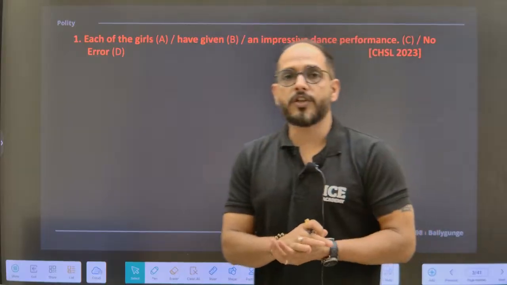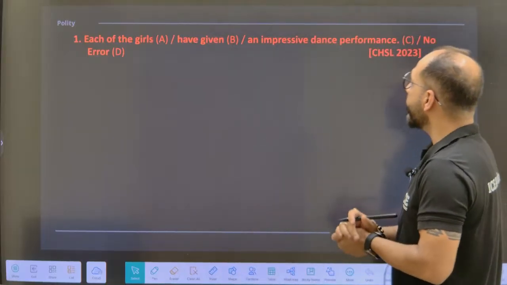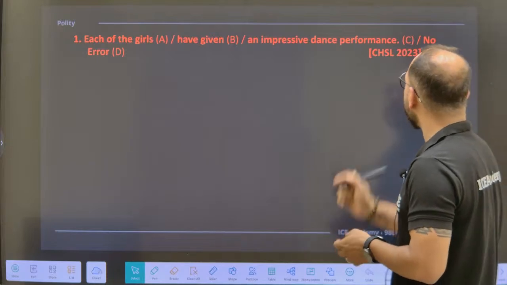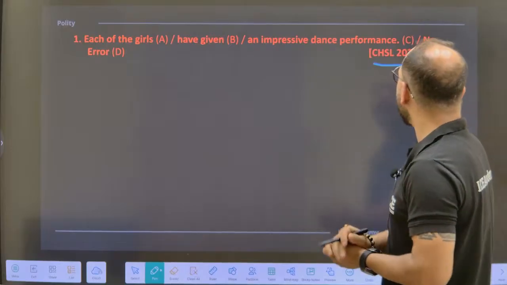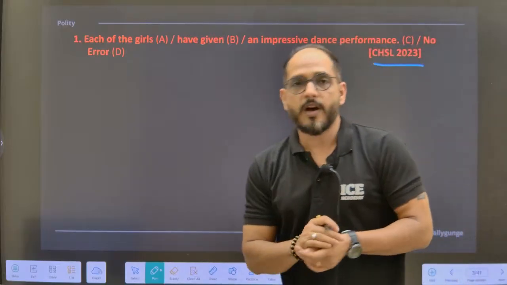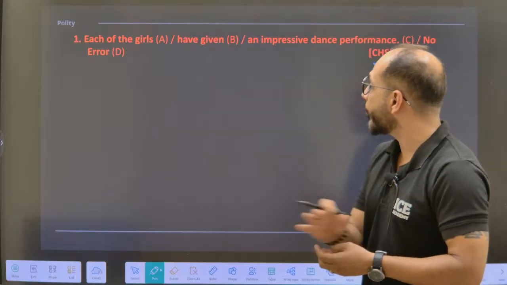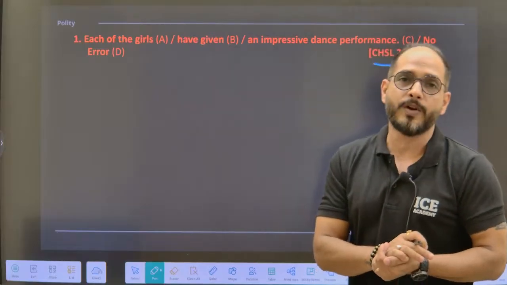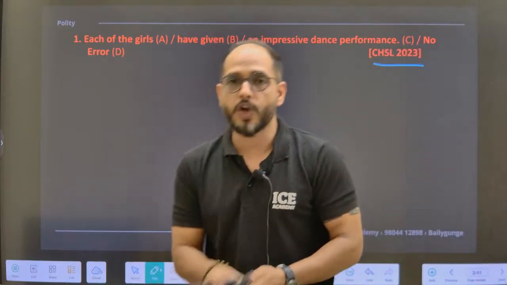So this is your first question. Each of the girls have given an impressive dance performance. This is a question from CHSL 2023. Now I will provide you some time to complete it, to find the error in this sentence, and then I will start our detailed discussion. Okay? চলো তাহলে শুরু করো।